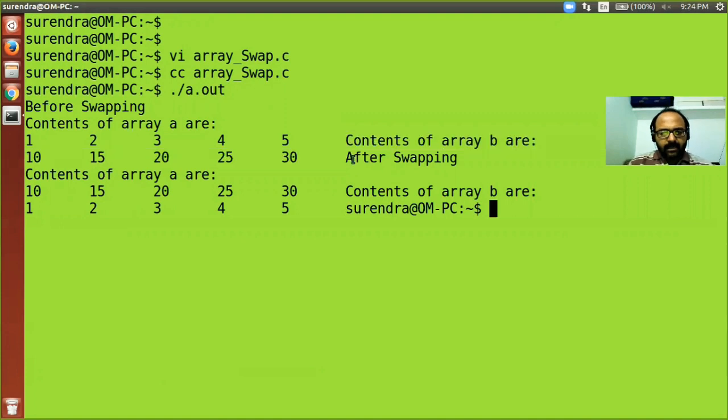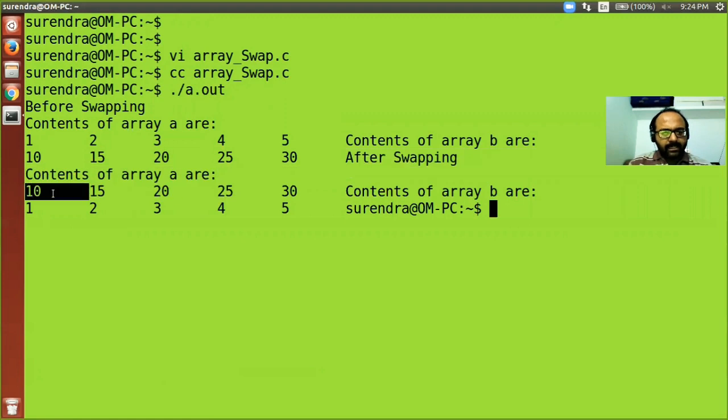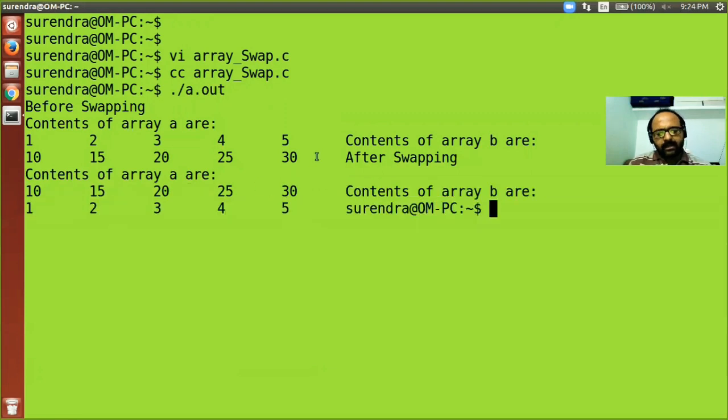Then after swapping, contents of array A are now all the contents of array B, and contents of array B are now the contents of array A, which is initialized at compile time. So this is how you can easily interchange or